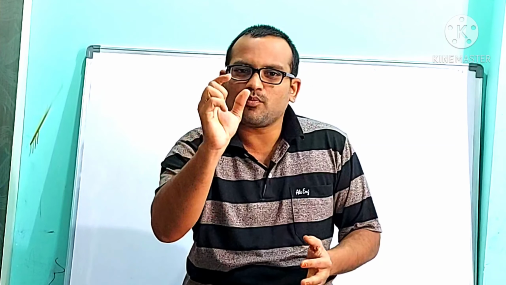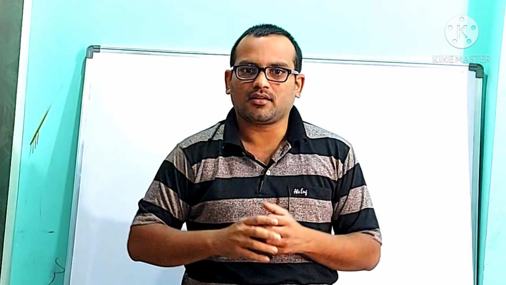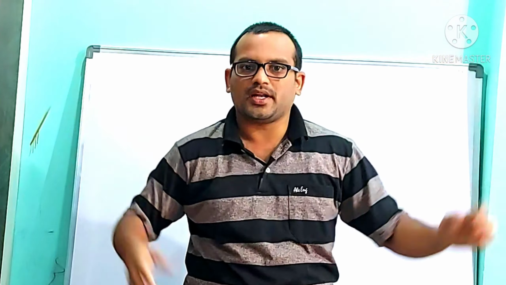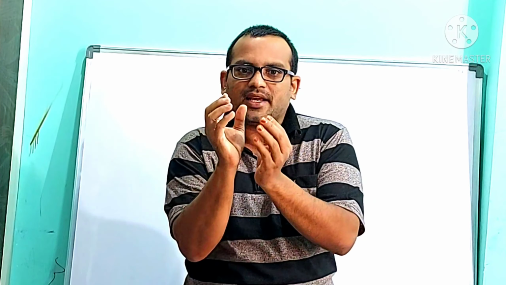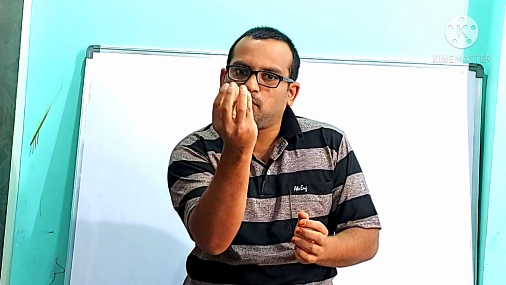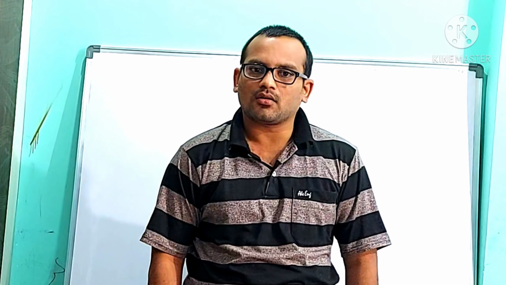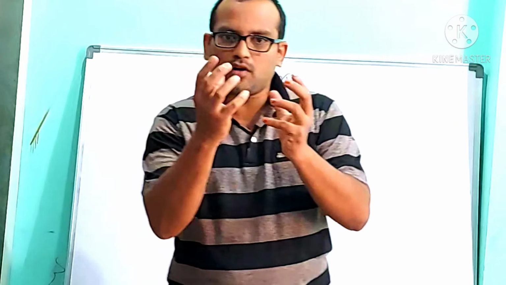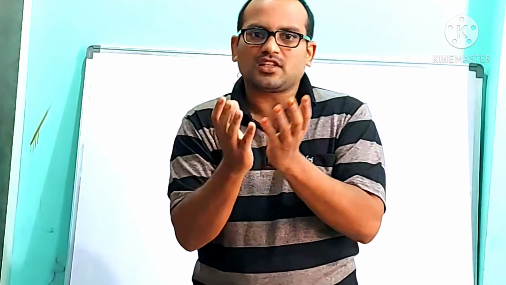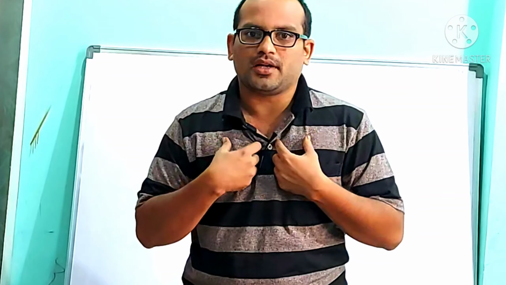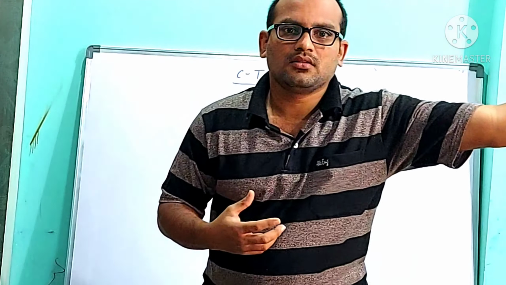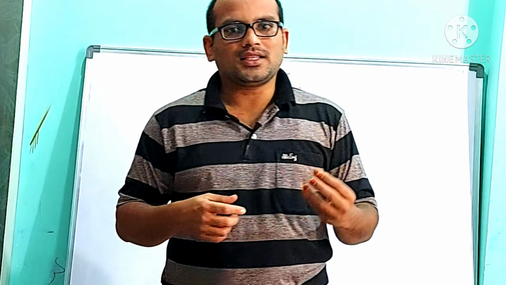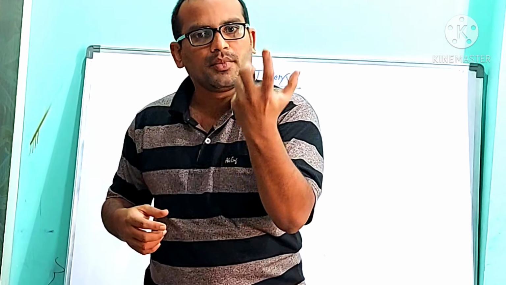Token means one small part of the tokens, correct or not? In those thousands of tokens, one token is the smallest part, which has some meaning. Suppose he has given a red token. Red token represents idli. Green token represents puri. Like that, a token contains some meaning.